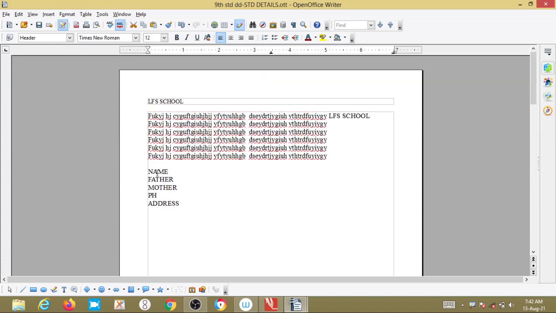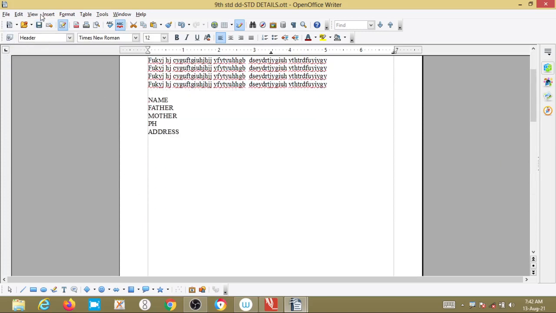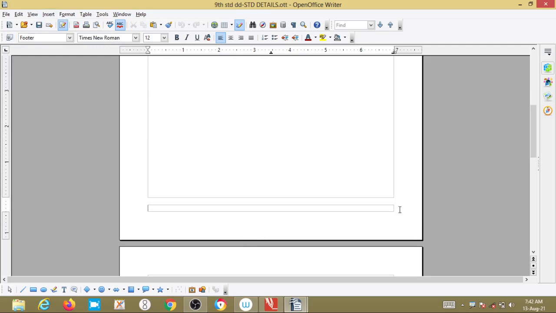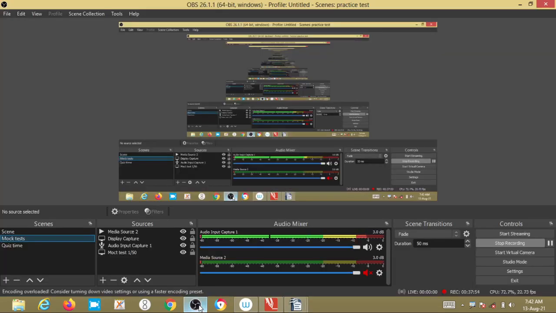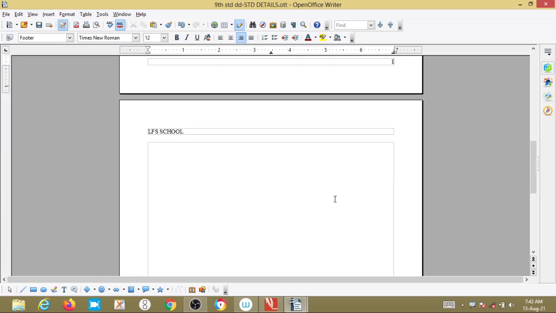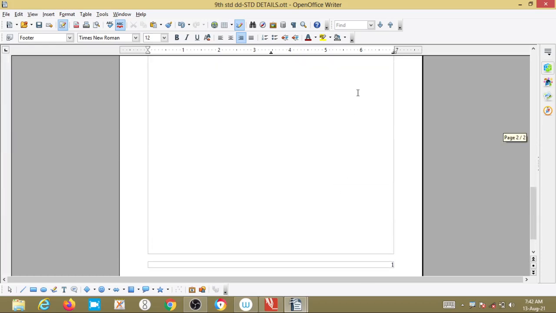Again the footer is the same thing, the footer will be at the bottom of the page, that's why we call this a footer. See here, suppose we give the page number here, if I write 1, it is placed here. You can change this to the right corner or left corner, wherever you want you can place it, no problem. Clear now? See, if you go to the second page you will get the same number.